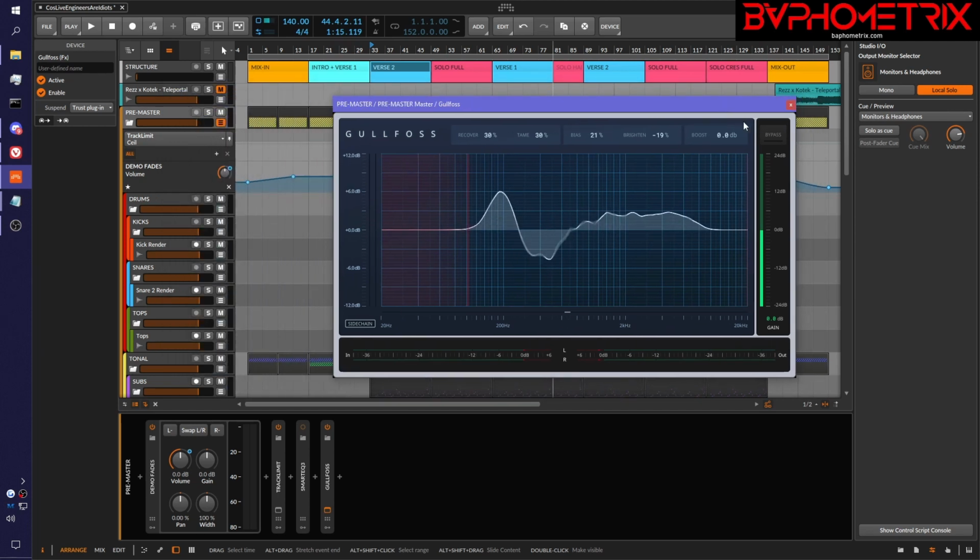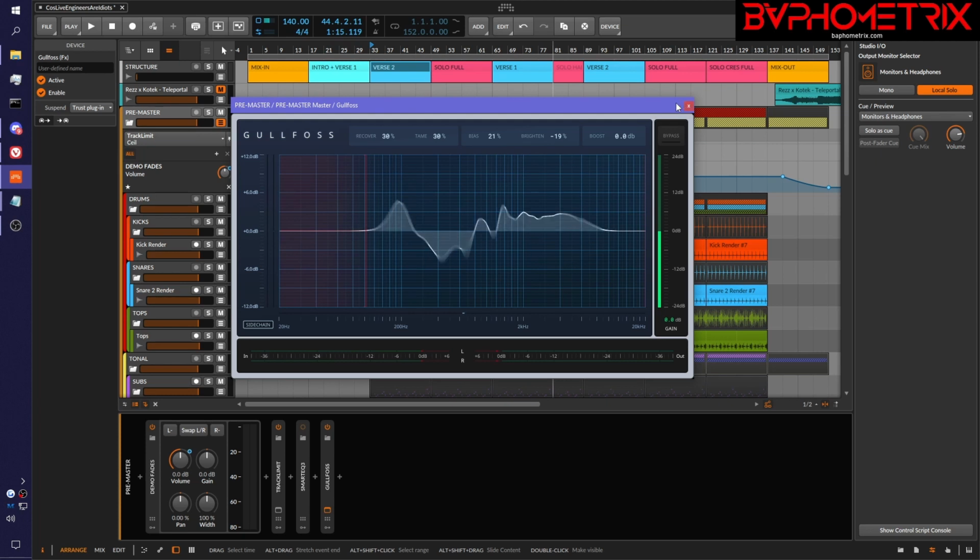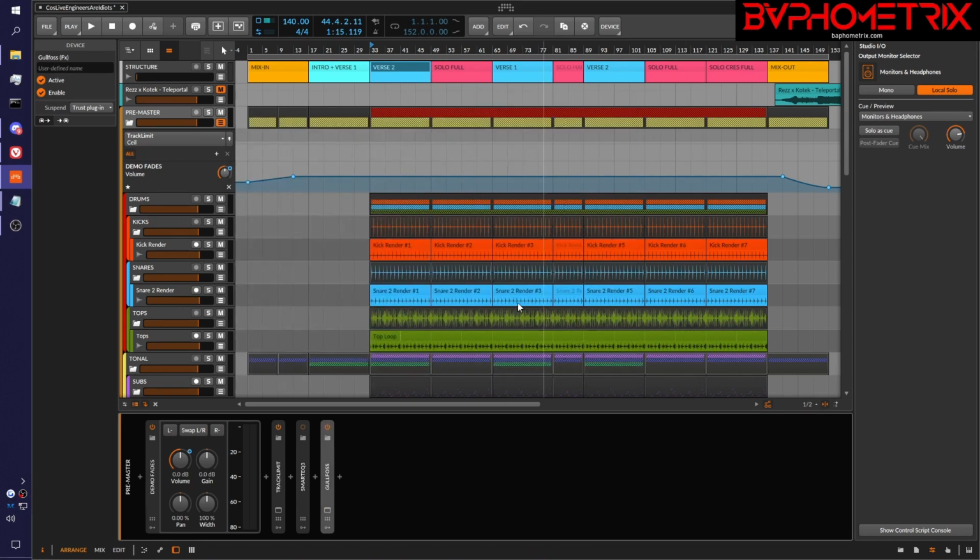Now, sometimes Gullfoss works magic on certain kinds of sounds and mixes, right? Other times it doesn't. If you've mixed it right in the first place, Gullfoss isn't going to change it much because, honestly, not that much needs changing. So in this case, I would choose not to use Gullfoss, and I'll tell you why, because this is the main thing. If you're going to put any kind of final processing on your mix bus, whether it's Gullfoss or